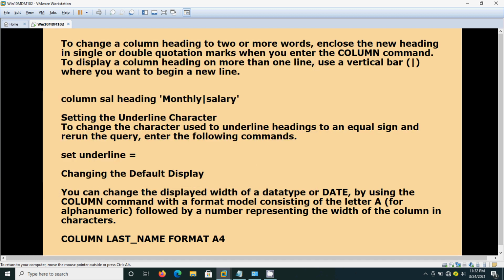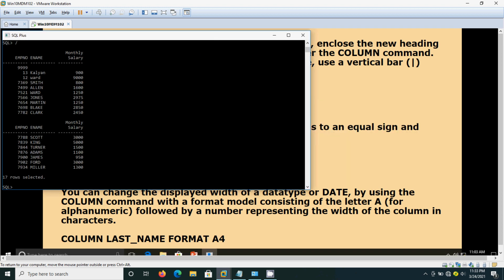And you can set the underline character. To change the character used to underline the headings to the equal symbol, we can do that. Here we are having dotted lines. If you want to change it, we can change it.